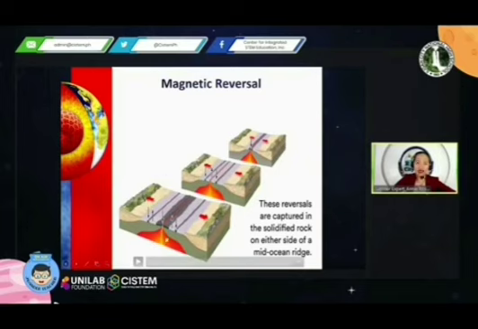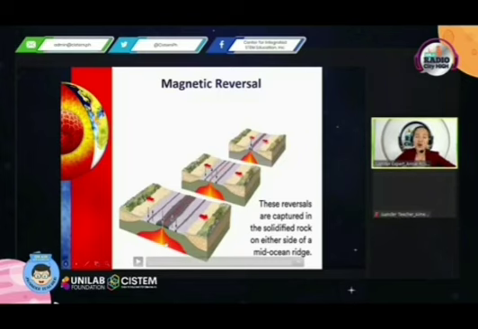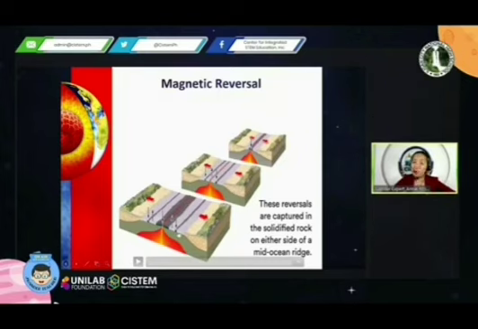Right. So that's it. So that is magnetic reversal, which was being presented by Harry Hess. So may mga ebidensya yan at the bottom of the ocean. So these magnetic stripes are found at the bottom of the oceans, specifically doon sa mid-oceanic ridge. Right? So I hope marami kayong nalalaman for